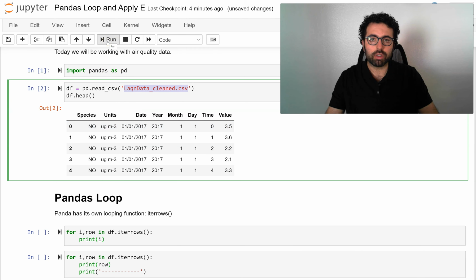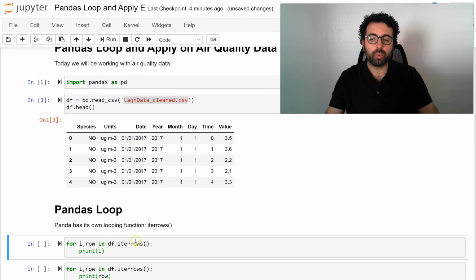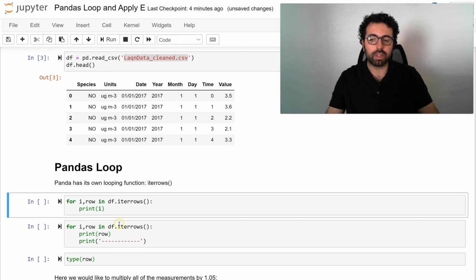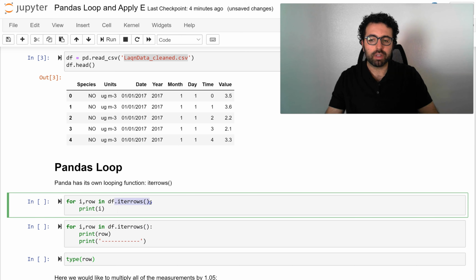So let's just jump right ahead and look at how it would look if you were to use the for loop that is specific to Pandas. What's different about the for loop that is specific to Pandas is that you can say I want to be iterating or looping through all of the rows. So you can say df.iterrows, and then you also can say I want to have access to the index and also the values